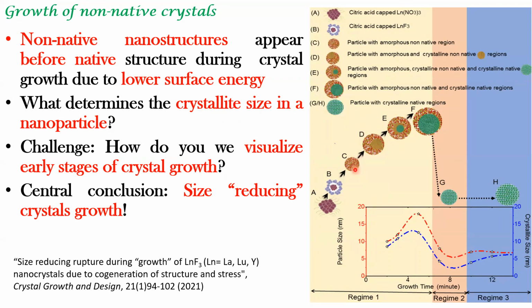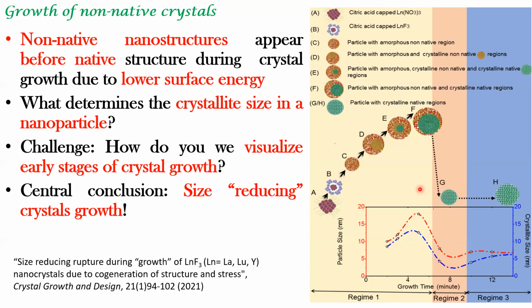That is a non-native structure because it has a different discrete translation symmetry from the native structure. Then this amorphous structure is transformed into a non-native crystalline structure that is formed within the amorphous structure. And within this non-native crystal structure is formed a native crystal structure, which continues to grow and form a larger